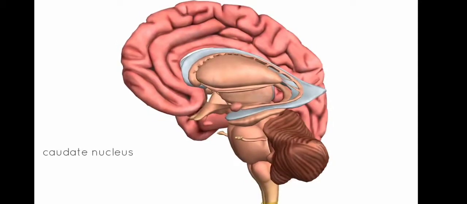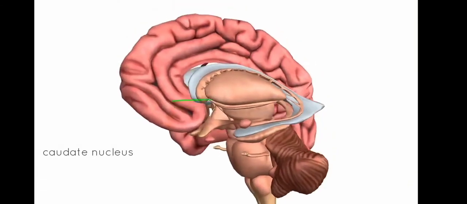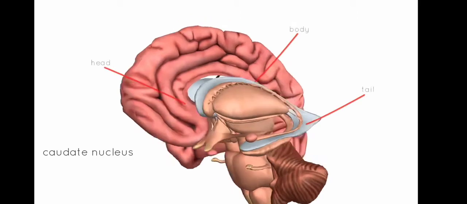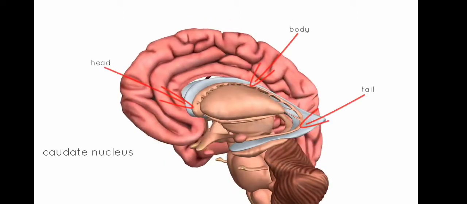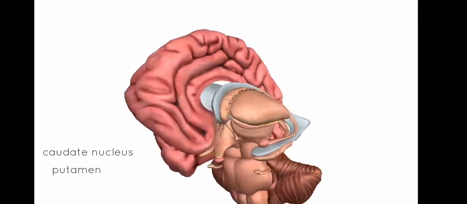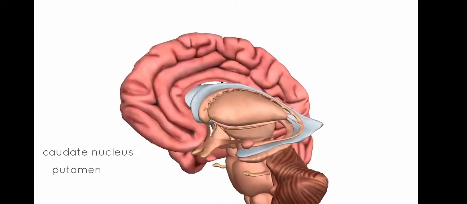So it has three parts basically, the caudate nucleus. So here, this will be the caudate nucleus. This is one of the parts of the basal ganglia. It has the head, body and a tail. Next here, this one is called the putamen. It is quite spherical or oval. So this is the putamen,